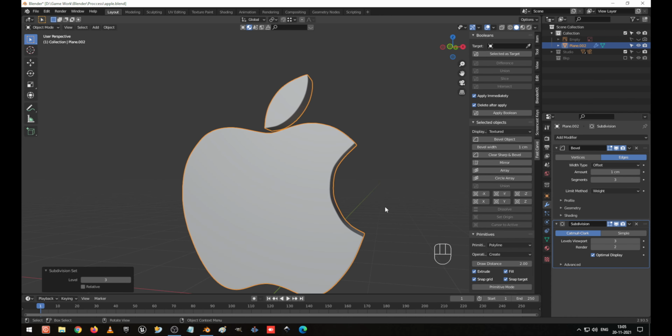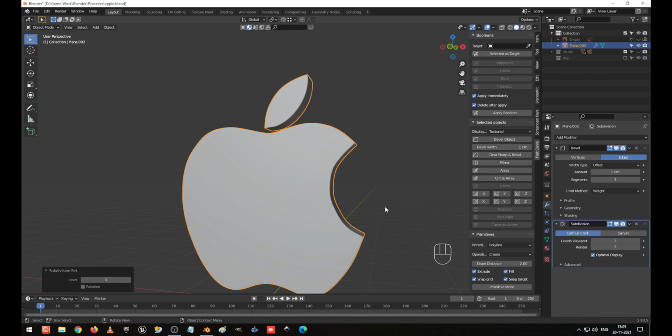I select this, I press Ctrl L, G to move, and R to rotate. And I select this, press L to select everything, S to scale, and G to move, and I make it like this. I press Ctrl L and G to move and rotate it correctly.